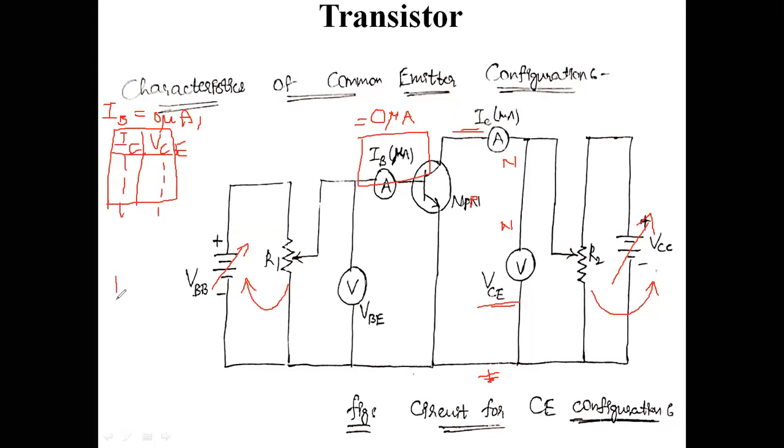Thereafter I'm going to plot the graph with respect to the voltage as well as current. That voltage and current across the collector terminal are IC and VCE, with constant current flow IB. Like that, I am going to obtain the curve here. We will see that characteristics. The same process is repeated.